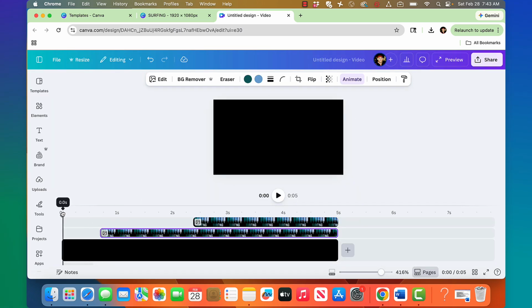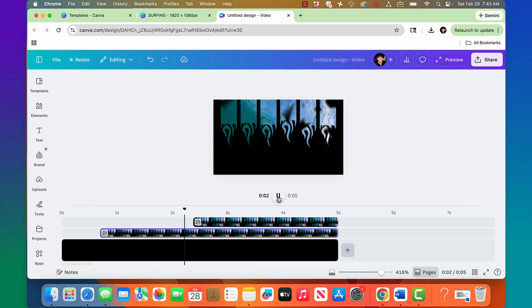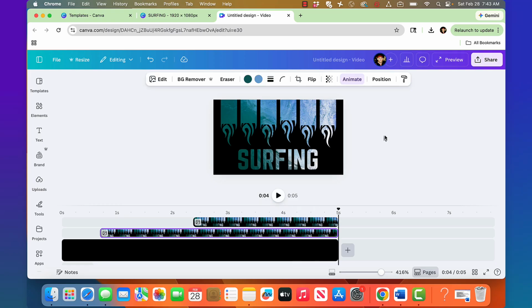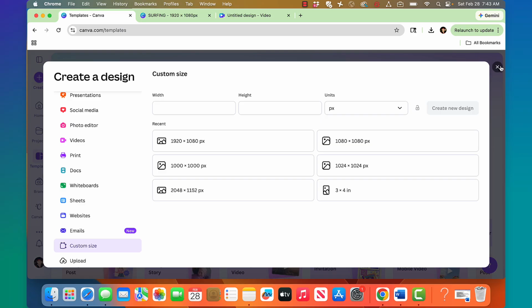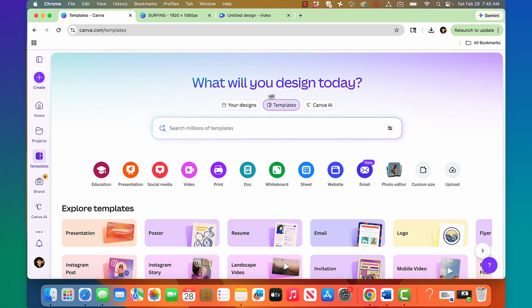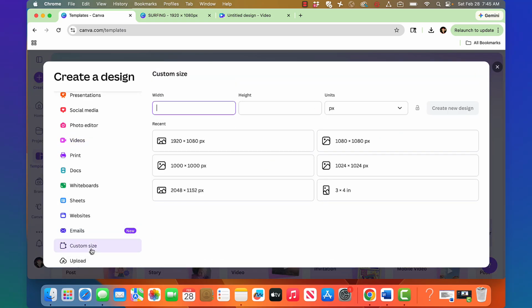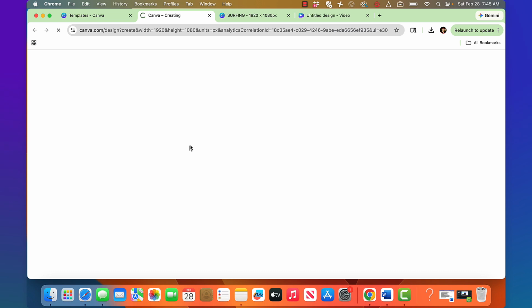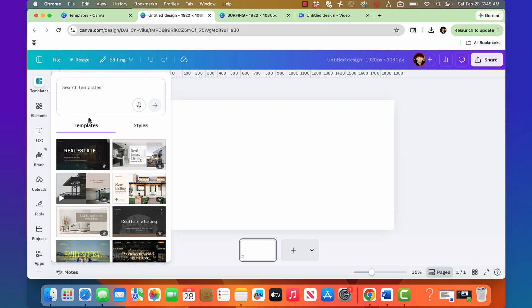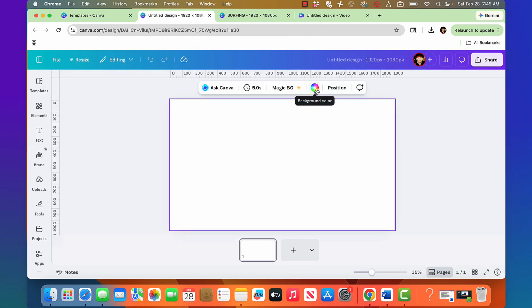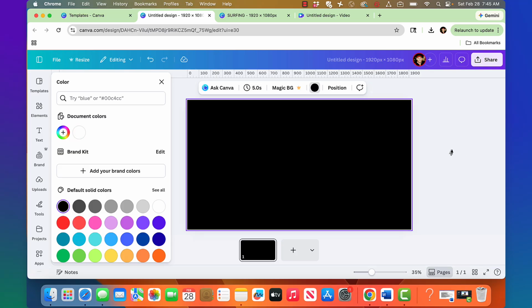So once you get it into separate pieces, you can animate them independently and get this kind of effect. Let's do it. New Canva purple plus button. Okay, I want an image to do some image editing. Then I'm going to do a new file. So custom size 1920 by 1080 px, and then I can set the background color to black,